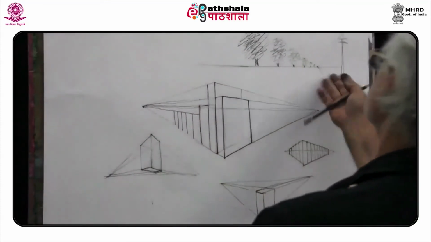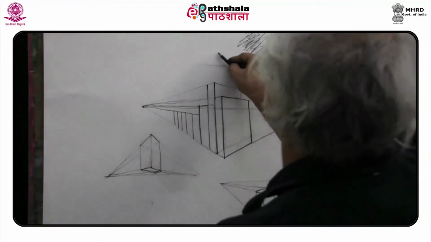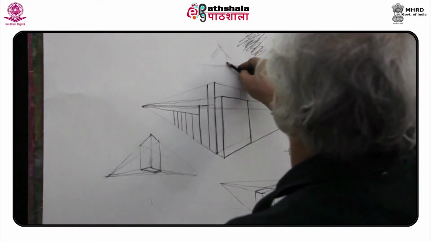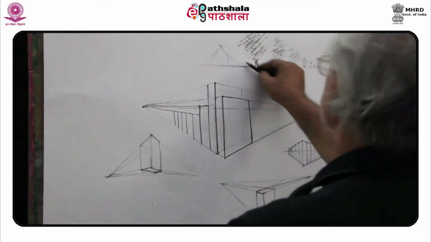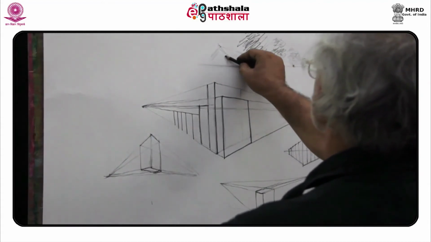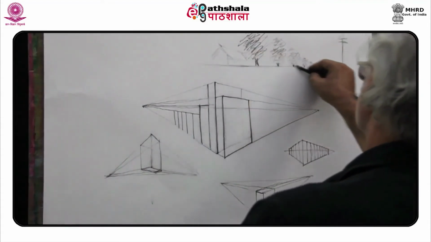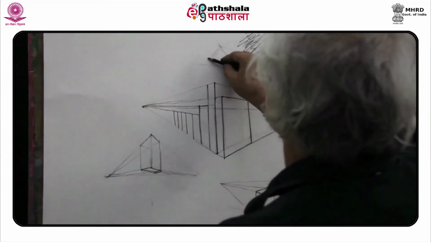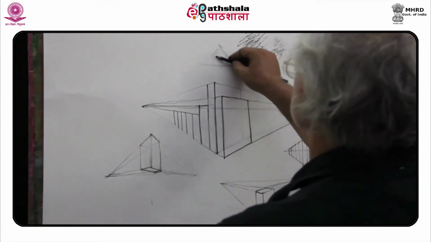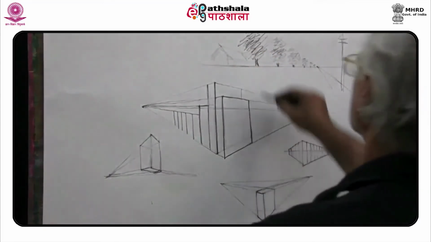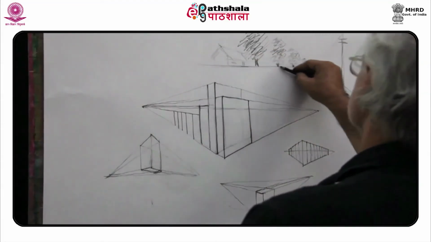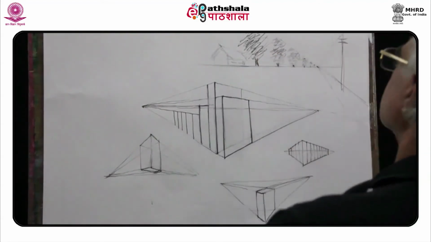Another angular line will form a footpath next to the pole. If you draw a hut in front of the trees, then also the lines of the roof at a distance, when extended, will meet the vanishing point. This will create exact proportion of how a thing appears from a particular angle and how its size decreases at a distance.